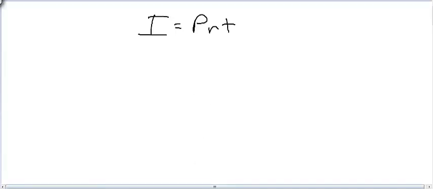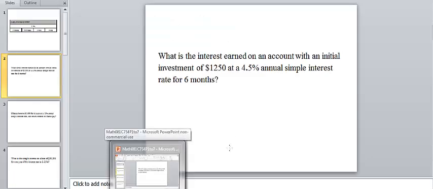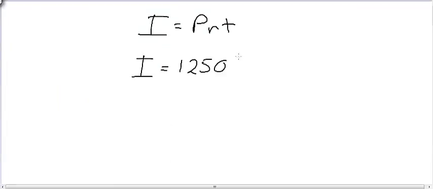First of all, we know what our principal is. It's going to be $12.50. Our interest rate is 4.5%. Now in an equation like this, we want to insert it as a decimal. We never want to put it in as a percent. So 4.5%, to change to a decimal, I divide by 100. The effect of which means I move my decimal point once, twice to the left. And here I need a space filler. So this translates to the decimal,